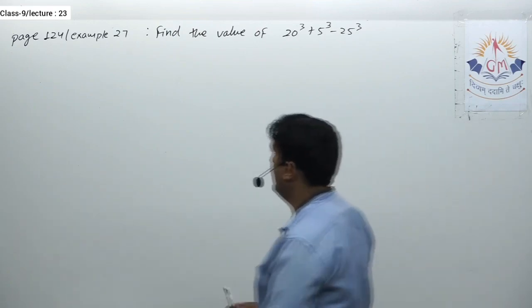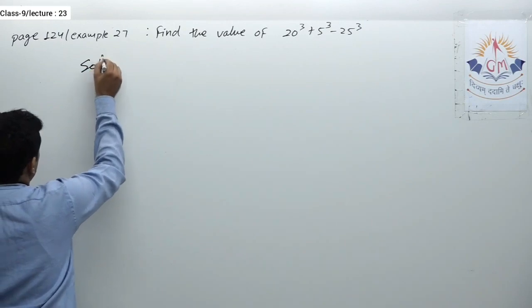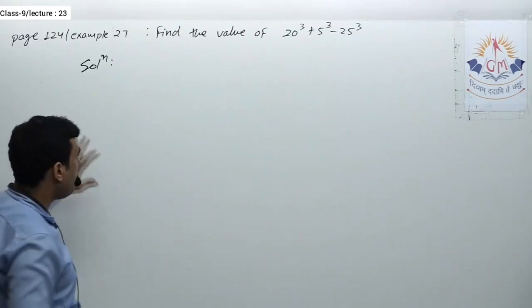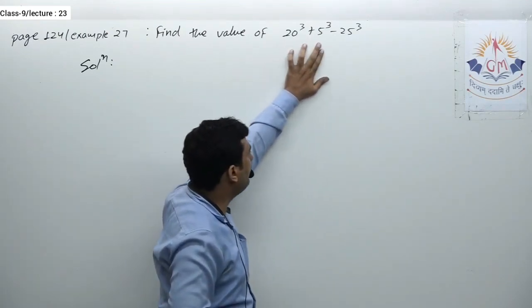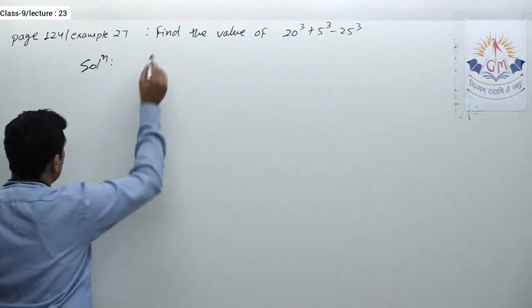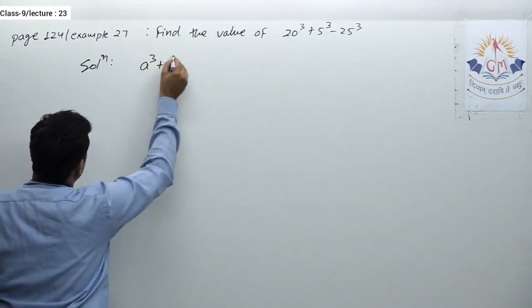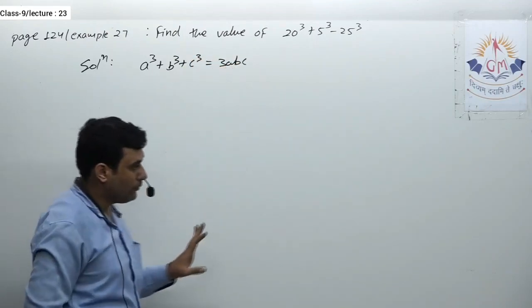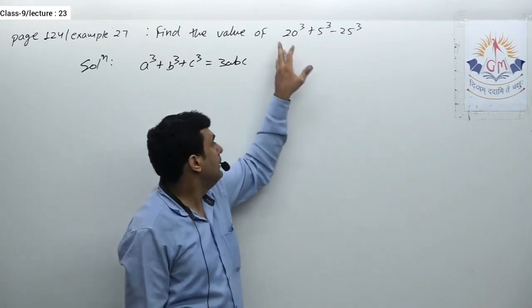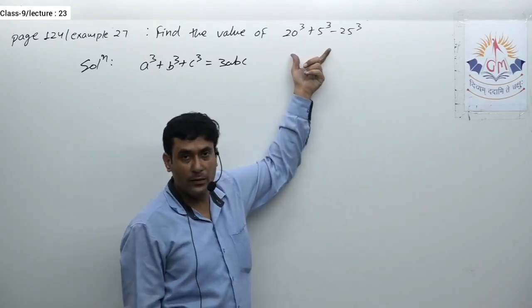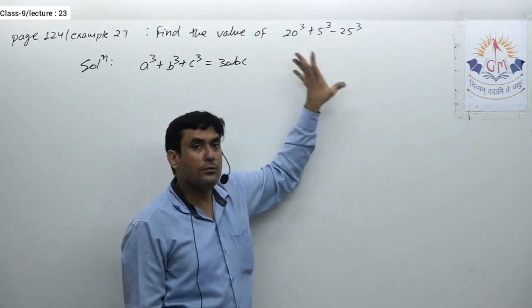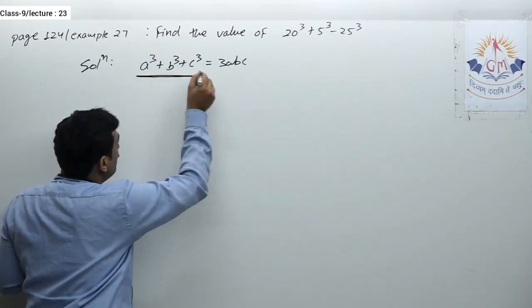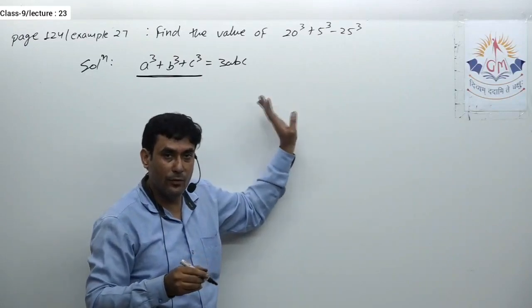Okay, so let us see how to find its solution. See, however, this is an MCQ, we will get this type of question in MCQ, but still, for a while if I consider this is A, B and C. Just right now we saw there was an identity, that is A cube plus B cube plus C cube will be equal to 3ABC if A plus B plus C equal to 0. So whenever you get this type of sum in which numeric values are given and you have to find the sum of their cubes, first of all write that in the standard form, that is in this form. Okay, and then check whether the sum of A, B and C is 0 or not.